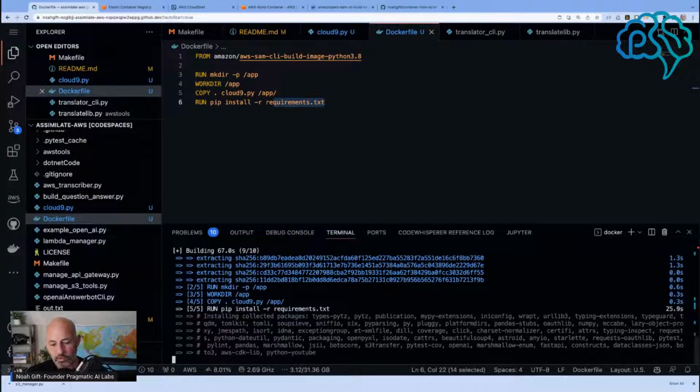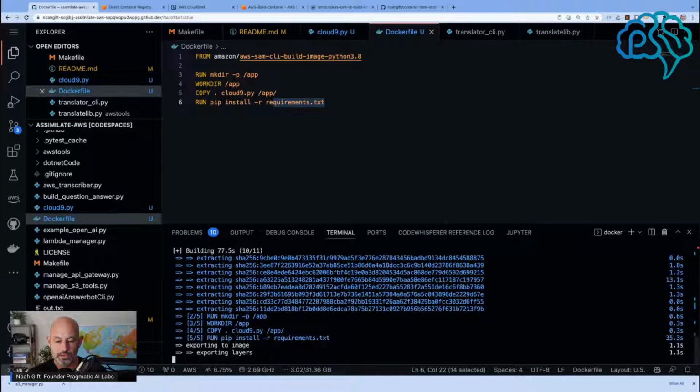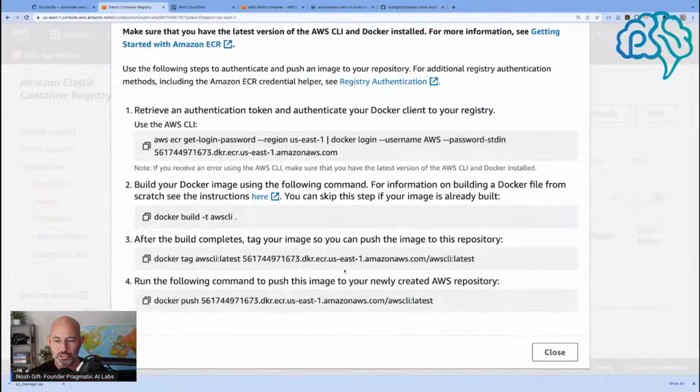Okay, still cranking here. Looks like it's almost done. So it's looking pretty good that I can actually containerize this new tool that I wrote. And okay, perfect. Now, what I'm going to do is I'm going to run the next command, which is this one,